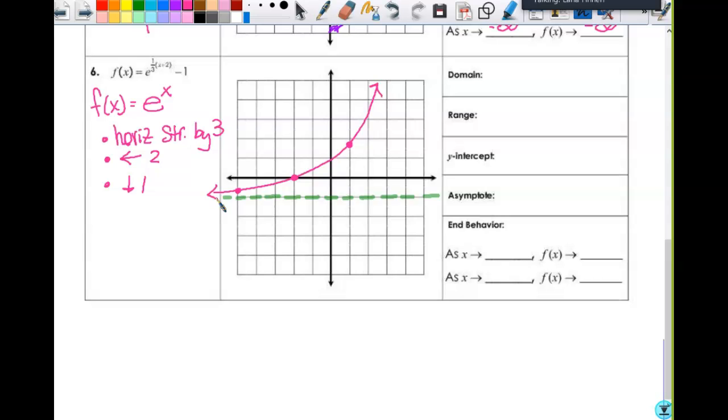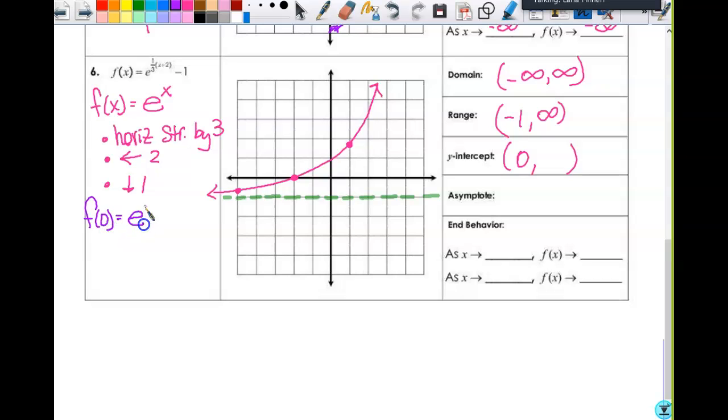Got stretched out. My domain's still negative infinity to infinity. My range is now negative 1 to infinity. Y-intercept, well, I'm not allowed to just guess off the graph, especially when we're estimating things anyway. So I'm going to have to calculate this one even though I have it graphed, because I don't have an actual point there. So that's going to give me f of 0